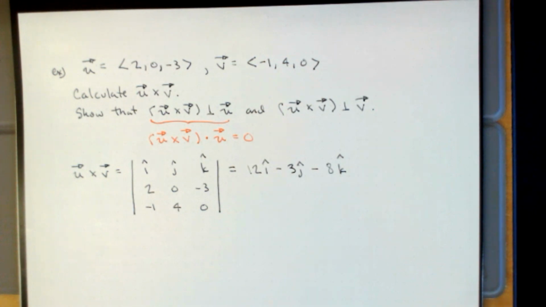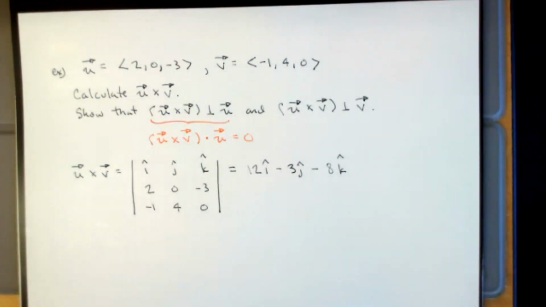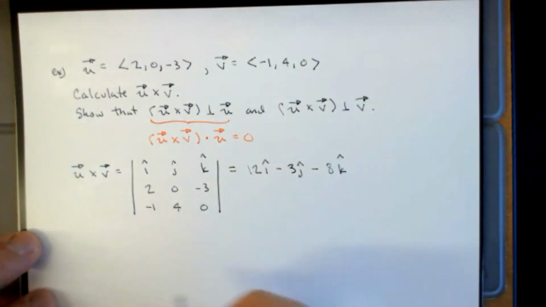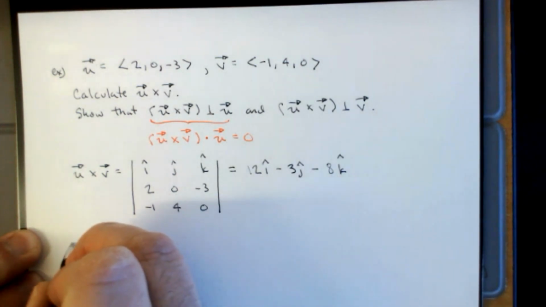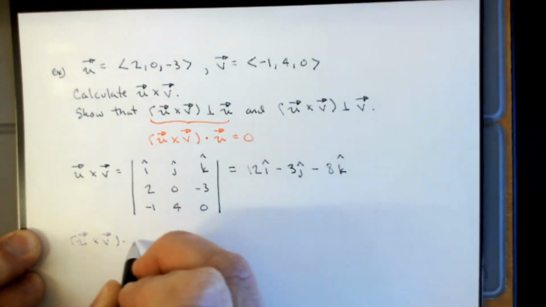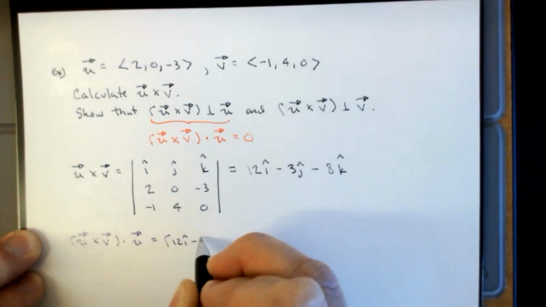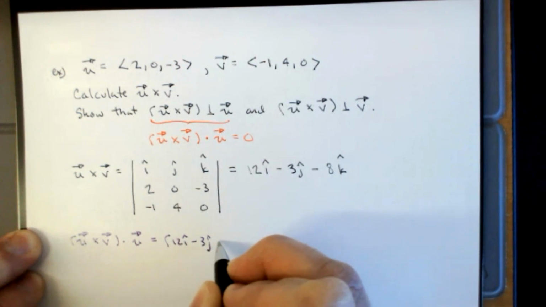So we've made the calculation. We should check to see that this is correct by finding the dot product of U cross V dot U to see if it's perpendicular, or to see if I've made a mistake in my calculation, which is highly probable because there is a lot of multiplication and I'm not very good at arithmetic. So let's take U cross V dot U. So that's going to be 12i minus 3j minus 8k